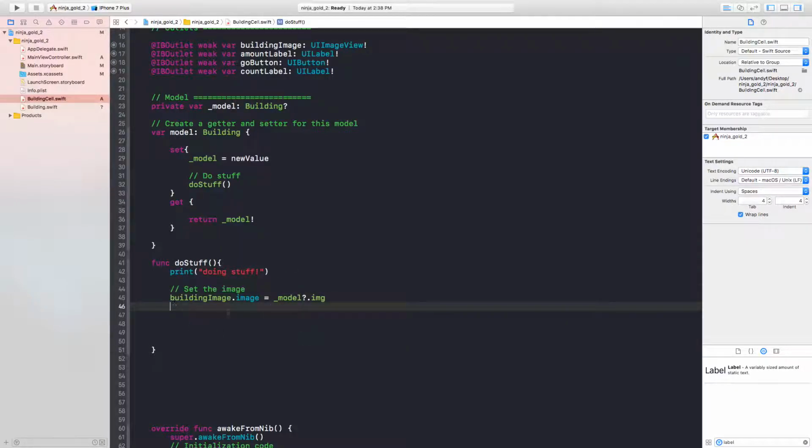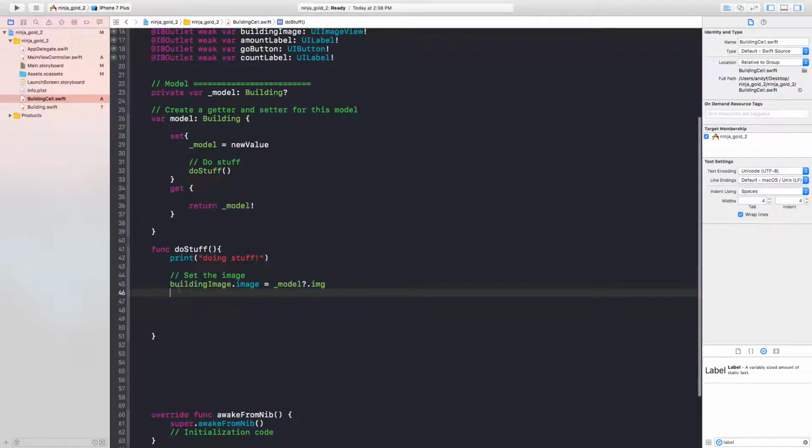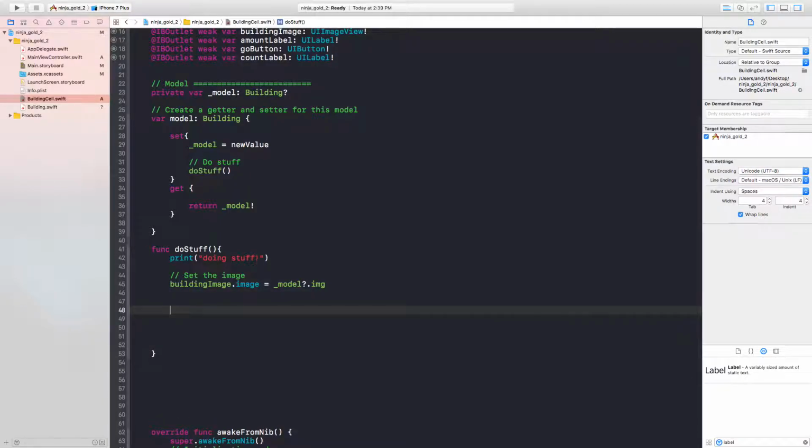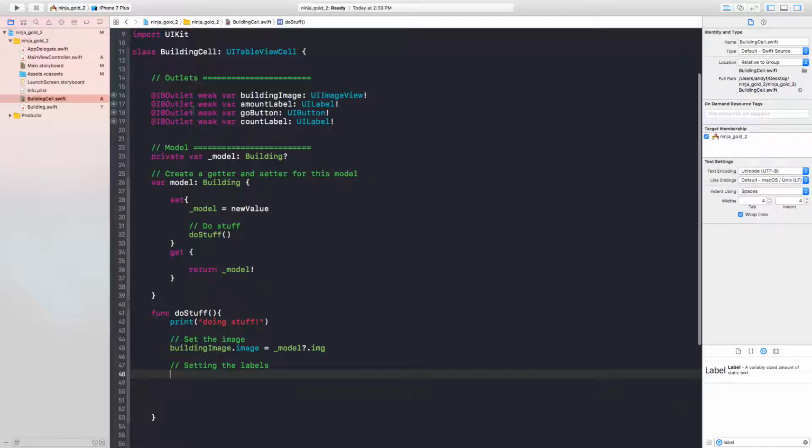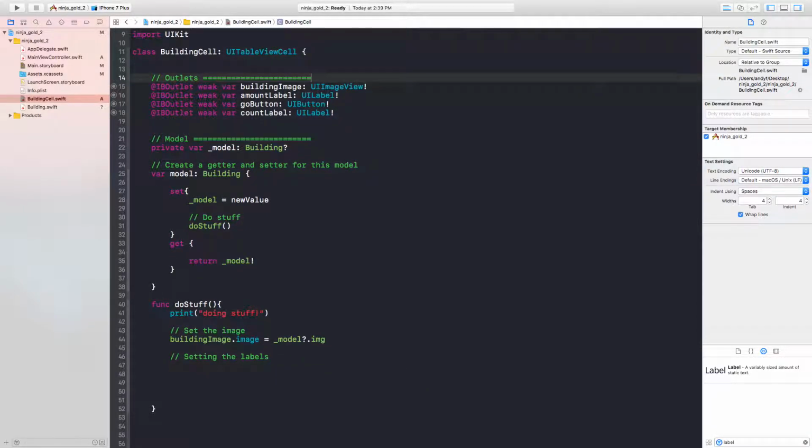All right, so automatically it's going to set that image to whatever was passed in. The next part is a little bit tricky. It's going to be setting the labels. We're going to set the labels, but also what we're going to do is, for each,